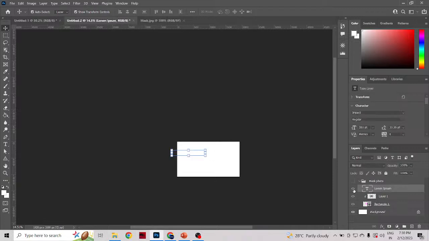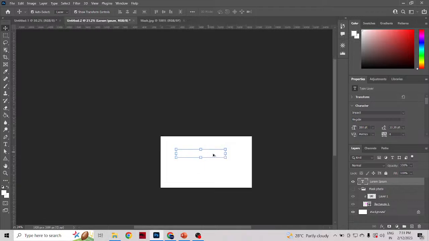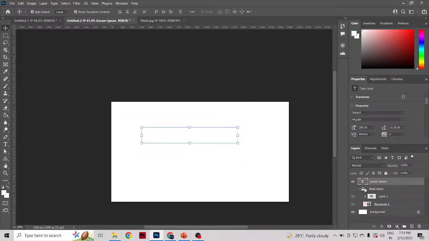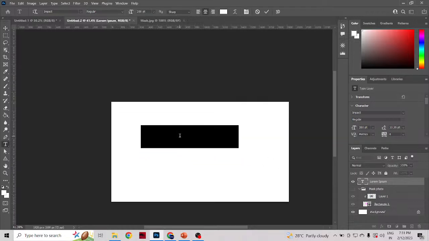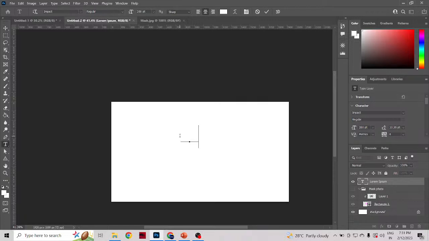Here the problem is the text has gone into the group that we created and it is deposited there. So we are not able to see the text, because we have hidden the layer that we operated previously. So now what I'm going to do is bring it outside. I'm just going to drag it and drop it here in the layers. Once I have done it, still I am not able to see text here because I have not typed anything. So I have typed in a word. Now